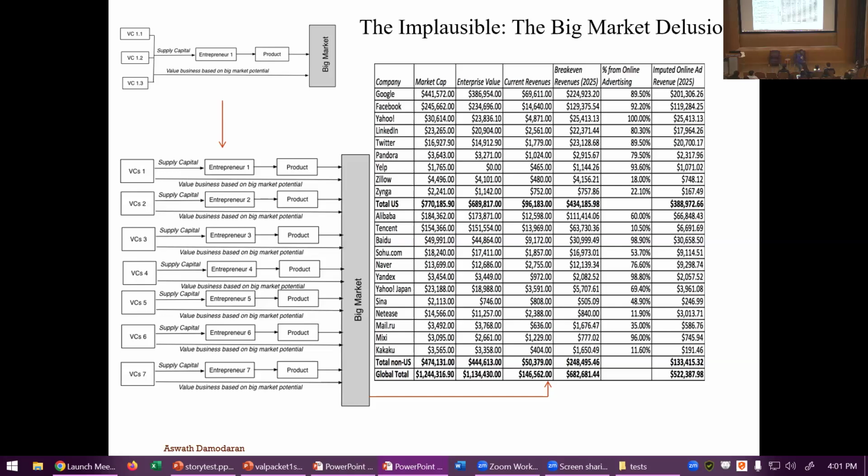In fact, when online advertising was taking off, I took the big online advertising companies, took their market cap and reverse engineered what their revenues would have to be 10 years out to justify the market cap, and I added up the numbers. And I got a total market that was 50% larger than the actual existing market. You think this is crazy. This is irrational. No, it's absolutely human. Every time you have a big market, you will overvalue the market. There will eventually be a correction.